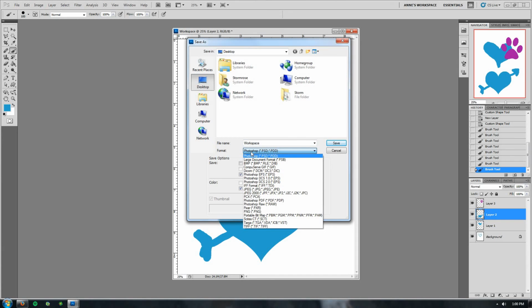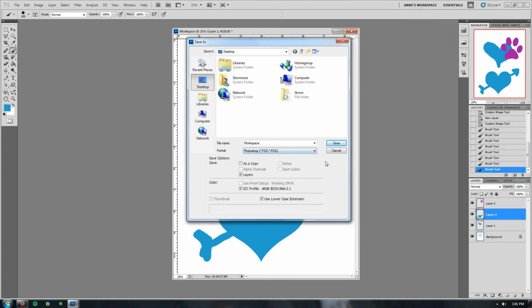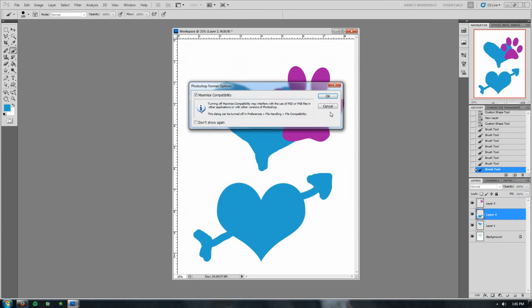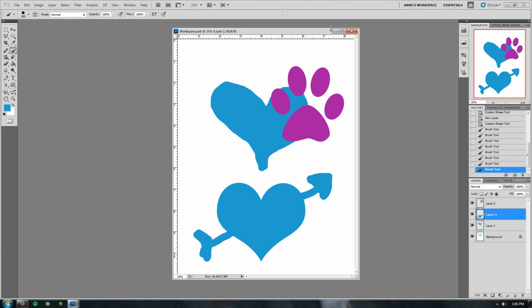Now, if you're done with it, you're getting ready to send it to the printer or to upload it online, then you're probably going to want to flatten it, and you can change it into a JPEG, PNG. There's all sorts of different file types, and we'll get into those too as we move along. But right now we're just going to save it as a PSD to maintain our layers. So you go ahead and save that. Now I know I can close this without losing any of my art here, so I can go ahead and